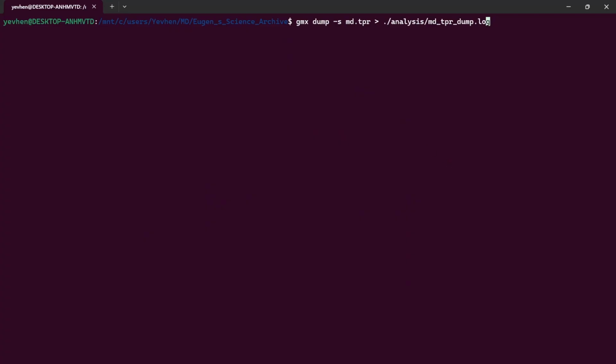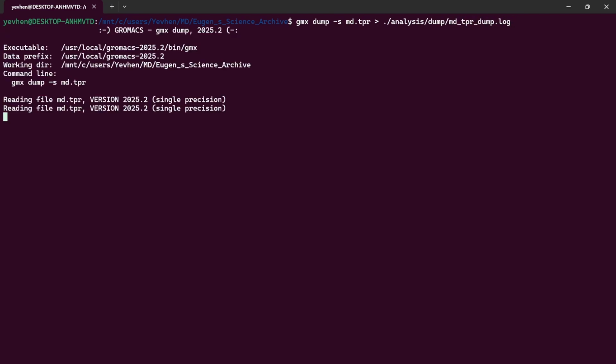GMXDump allows you to retrieve information from a variety of GROMACS file formats, including trajectory files, files with topological parameters, EDR files with energy, binary input files. By default, GMXDump outputs the retrieved information into your terminal, which can quickly overflow its buffer and you will lose time and data. So it is better, I suppose, to redirect output stream into some file on your SSD, which